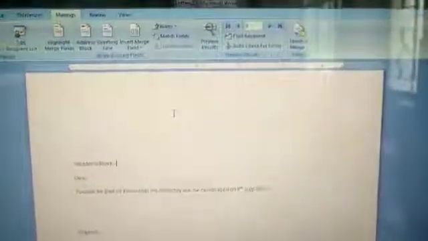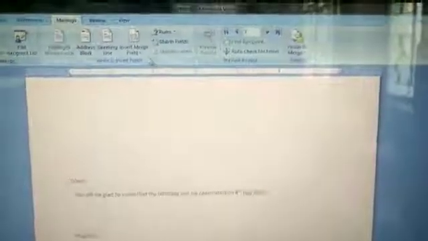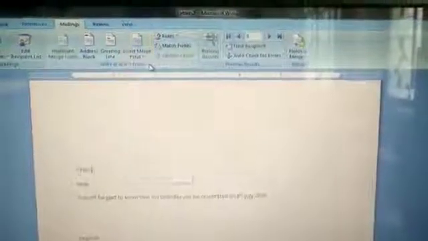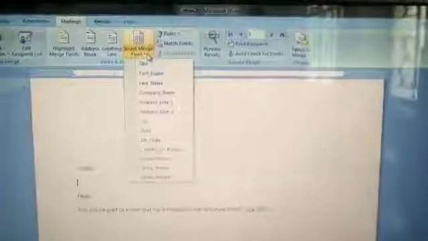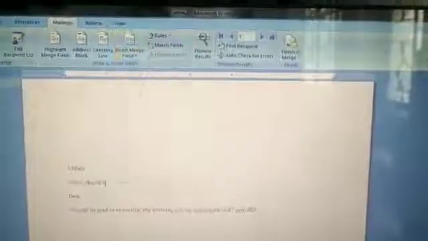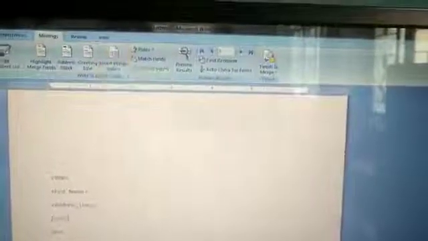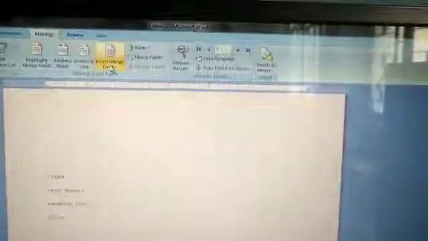This time we will not use the address block. This time we will use title, enter, first name, enter, address, enter, city, zip code, and we will click on Finish and Merge, Edit Individual Documents, and All records.